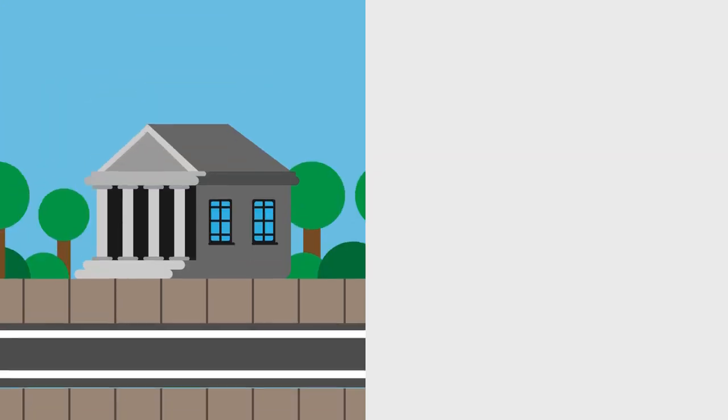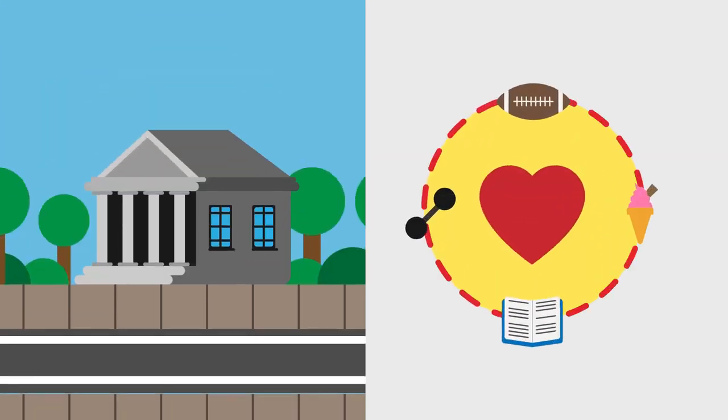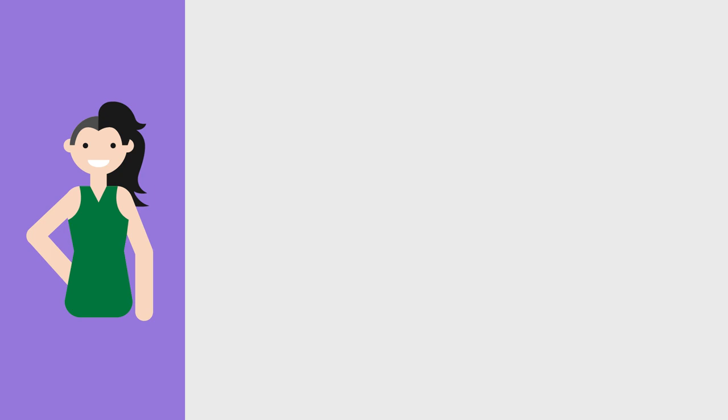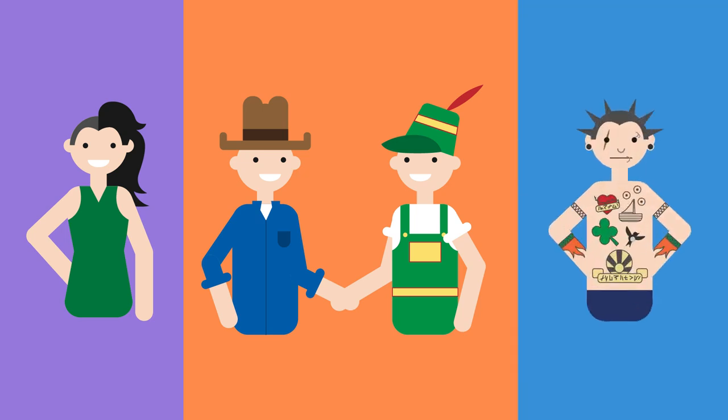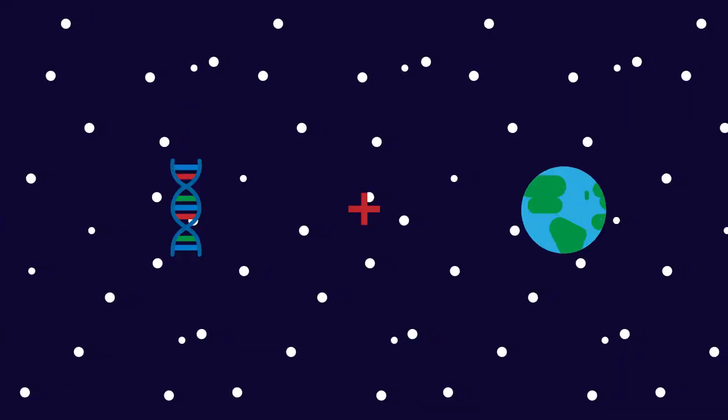Some variation is due to the environment or lifestyle of the organisms. Examples in humans are hair length. It depends on how short you decide to cut it. Your accent, as this is linked to where you live, and if you have any piercings, tattoos or scars. These are characteristics that you acquire throughout your life.